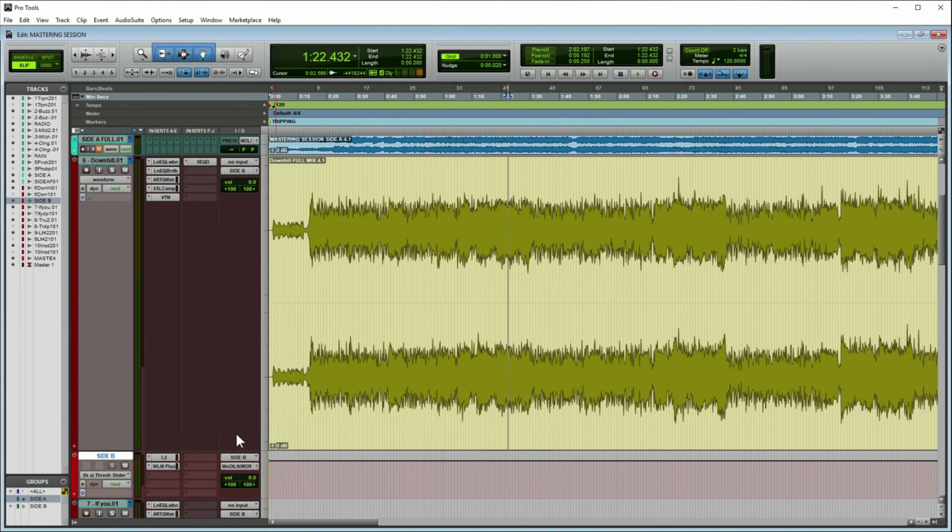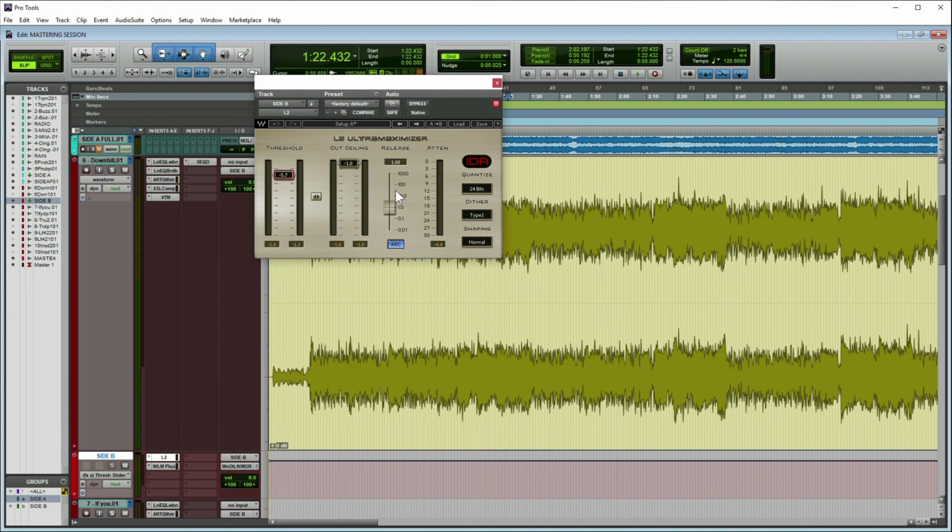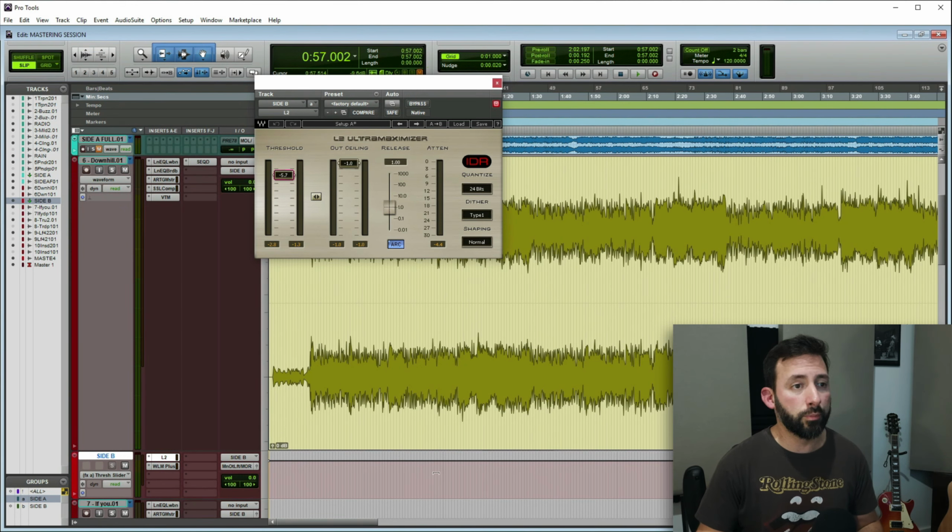All right, so that's the difference between only mix and master. I think it sounds a lot better. Obviously, the other thing I'm doing, once I finish with this, I send everything to this channel, and here is the L2. The L2 is a limiter, so it won't let the sound go over a specific limit that you set. What this does is bring the volume of the whole mix up, but applies a limiter, so nothing goes over. It can never distort, and it never will go over a specific limit.